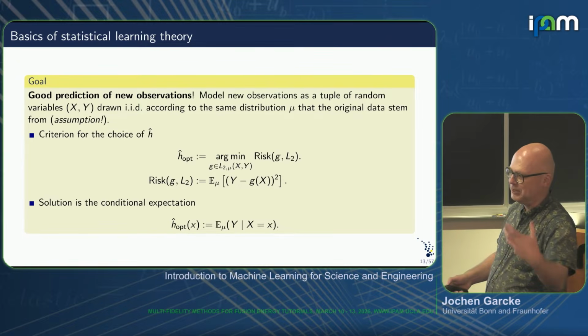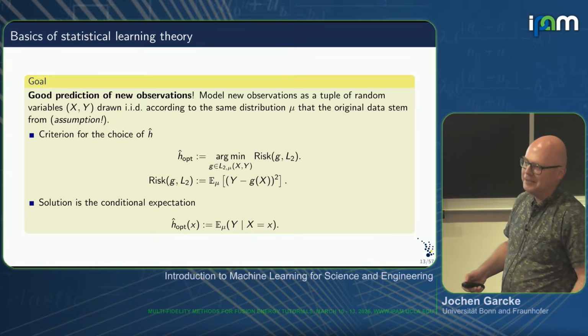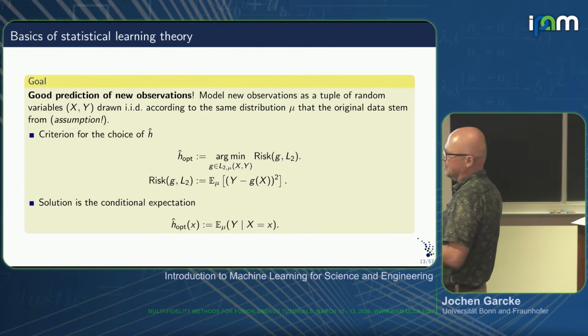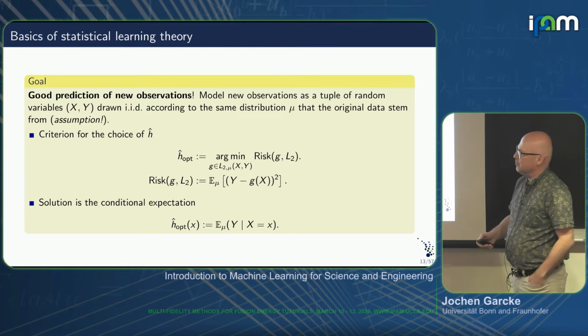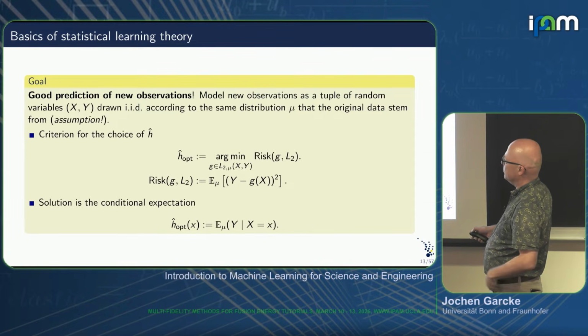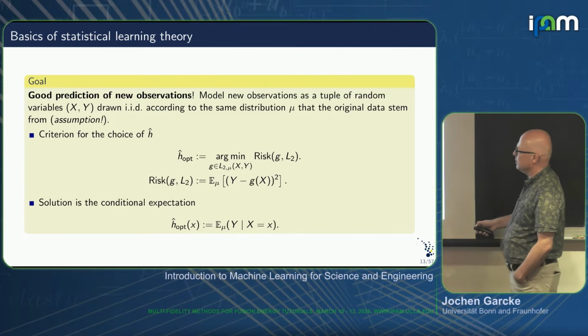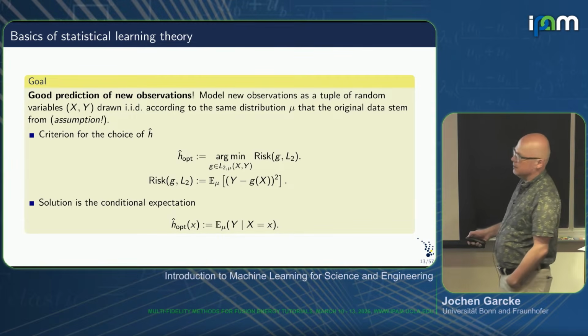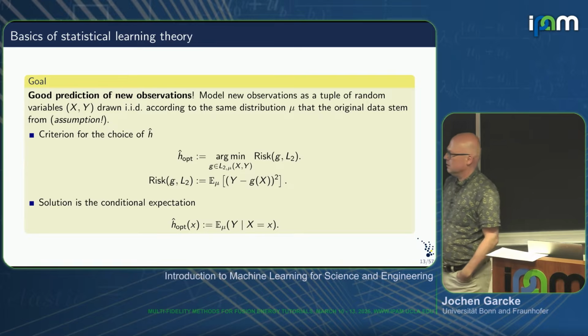So this out-of-sample prediction is, of course, something everybody wants to do. Some people claim they can do that, but in the end, it's a difficult problem. And so in the end, we then have a way to measure. In statistical literature, we talk about risk, so that we're looking out of some function space, model class, for this function, this model, which minimizes this risk. For example, here in the regression setting, least square error.